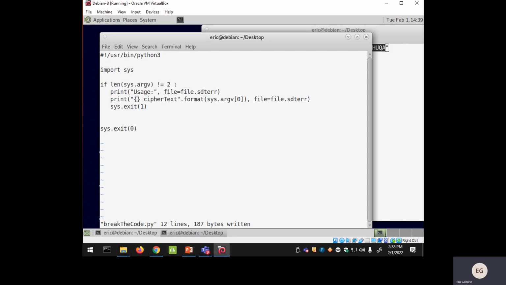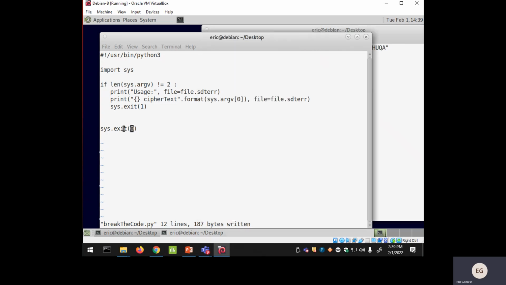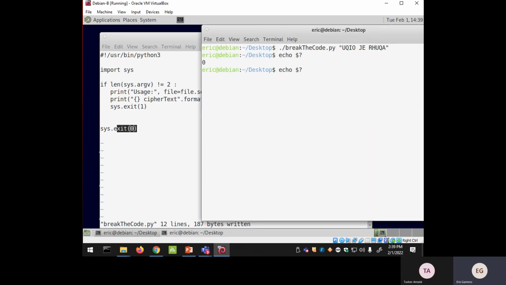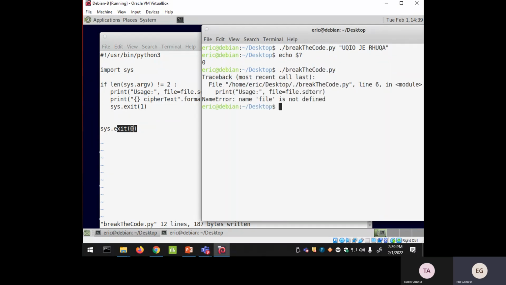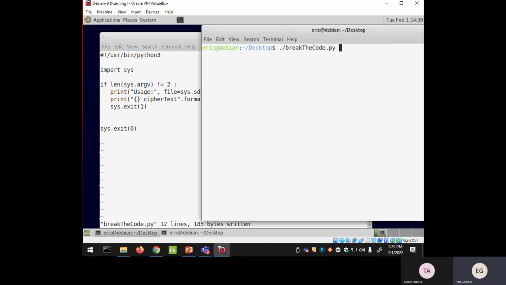Let me save this file and let's run it. So for example, if I run it like that, it didn't show me any error. If I ask what the exit status is, it is 0, which means that I exited here. Now, if I run it and I forget the ciphertext, so it's sys here. It's not sys standard error. So it will be sys also here. File equals sys.stderr, no? Okay, let's do it again. If I forgot the ciphertext,